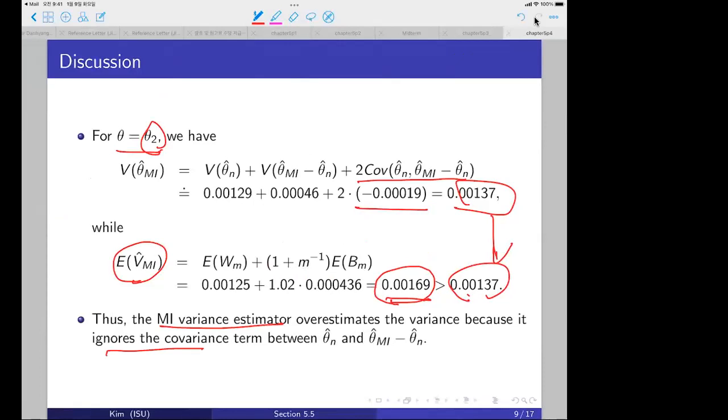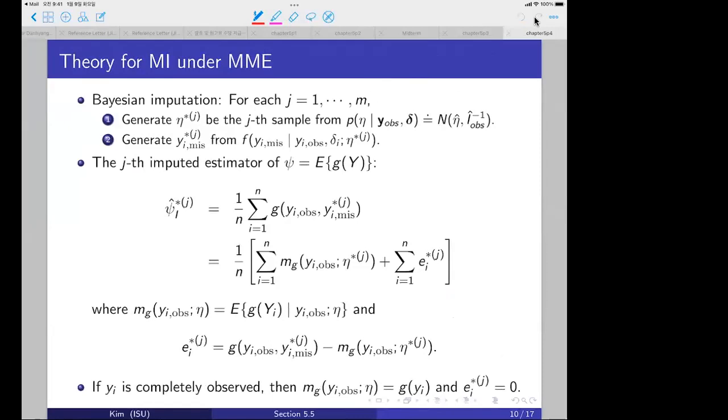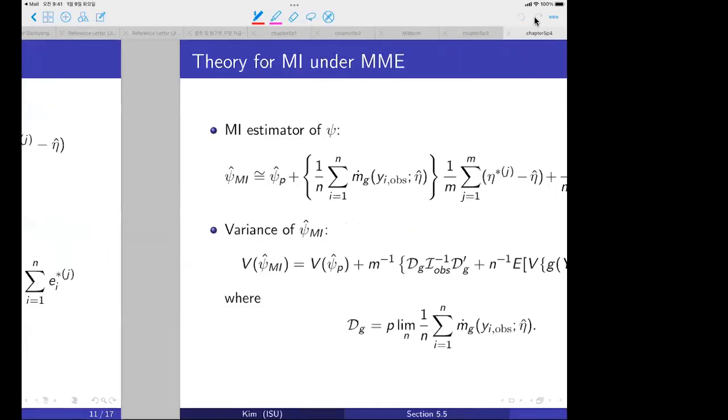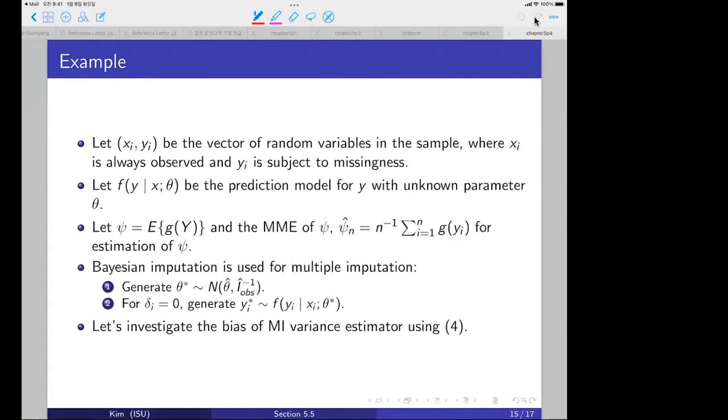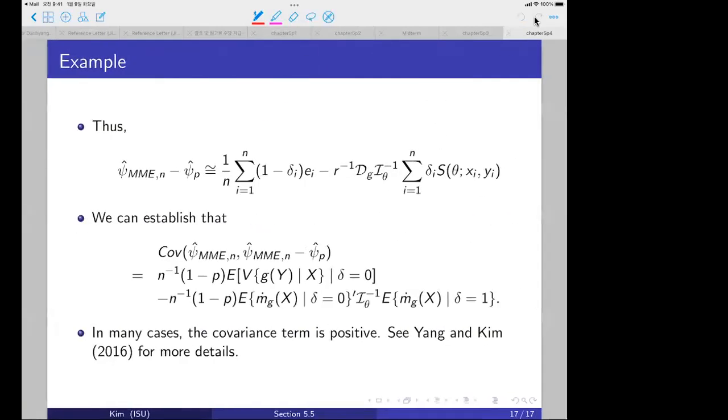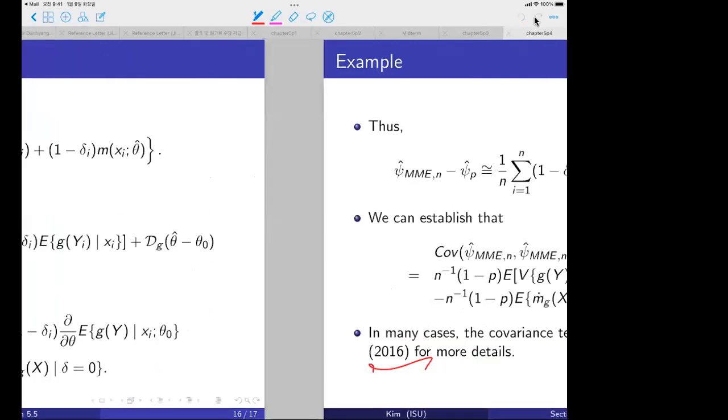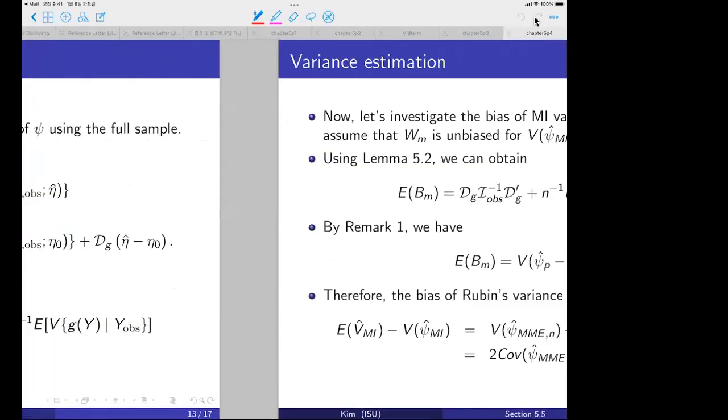And so there was some discussion trying to explain why, and it took us some time to figure out really clearly. That's actually the theory that we developed with Su Yang later. That's part of her PhD thesis. So anyway,